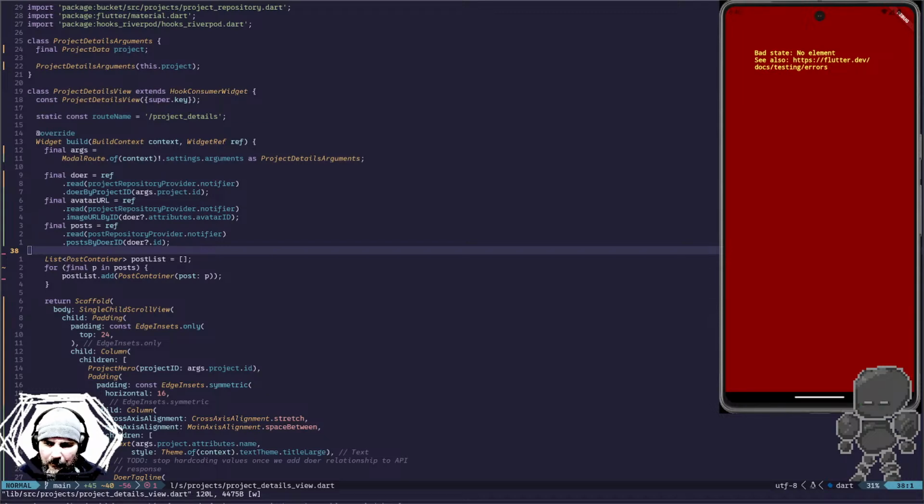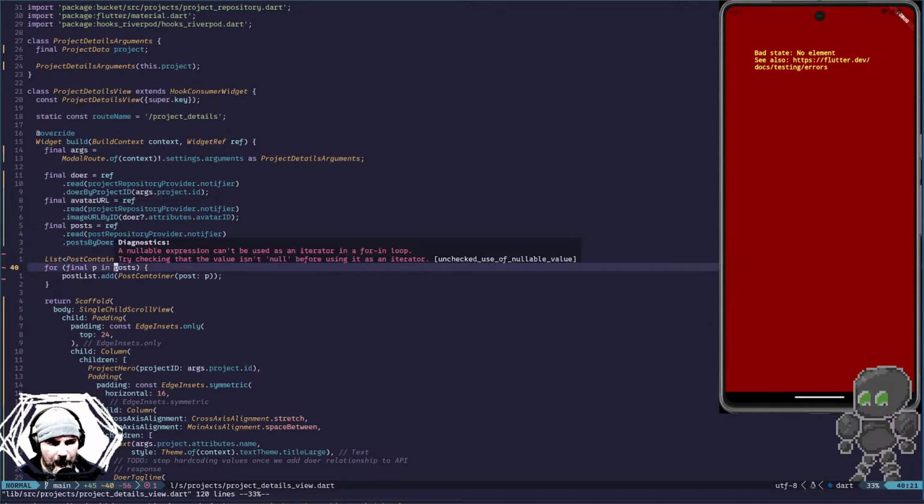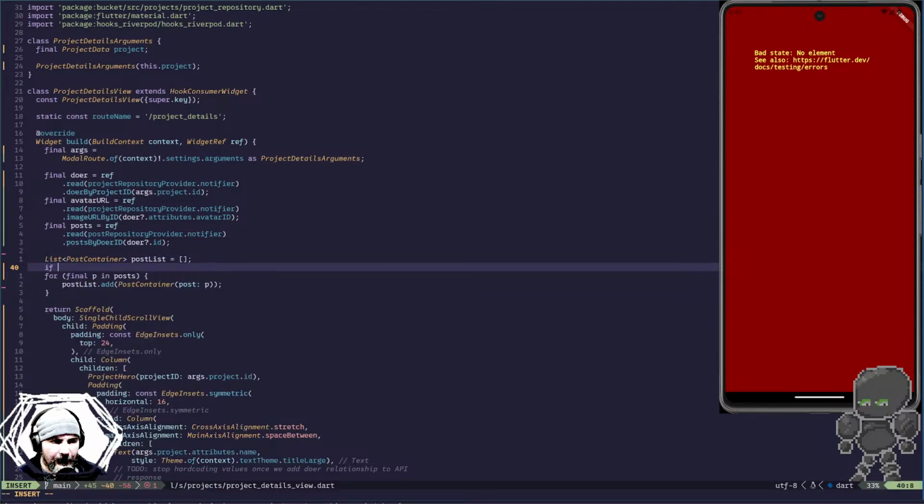Oh, I apparently screwed up somewhere. Nullable expression can't be used as an iterator. Try checking that the value isn't null before using it. All right. If posts does not equal null,